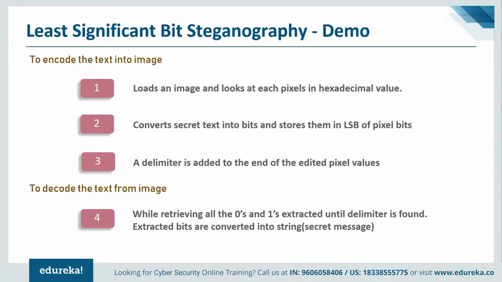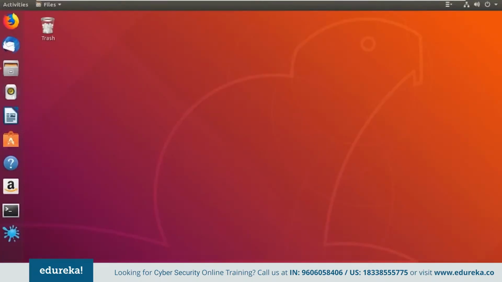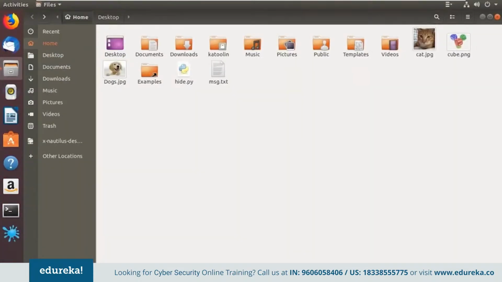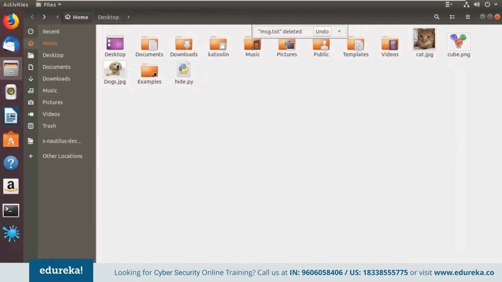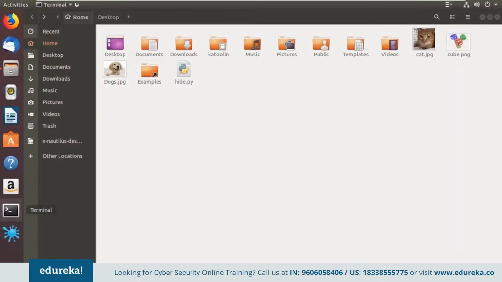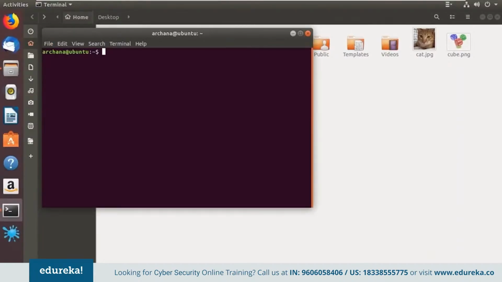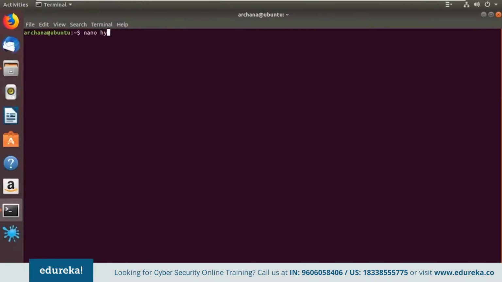Now let's get started with the demo. So guys, I'll be using my Ubuntu system here. As you can see, I have a code. Let me show it to you guys. I have the code here and I have certain images of different formats, one JPG and one PNG as well. Let me delete this file, move to trash. Going back to the terminal, let me show you the code first. The file name was